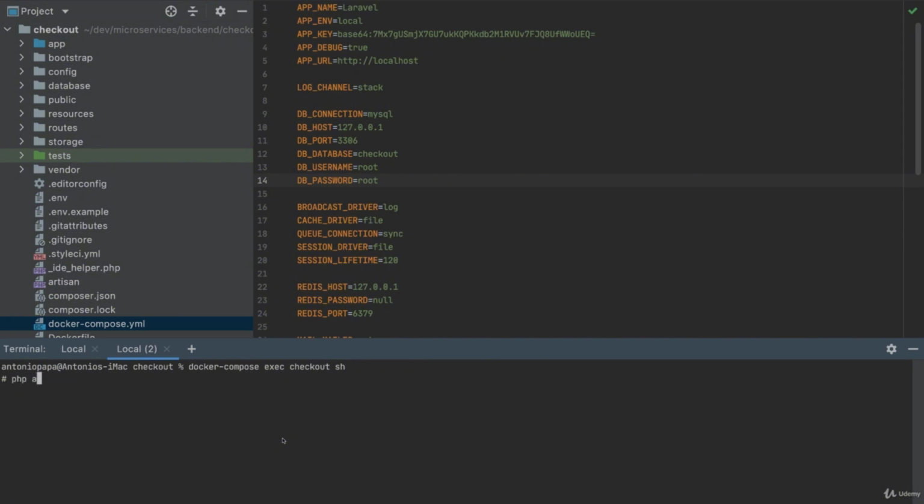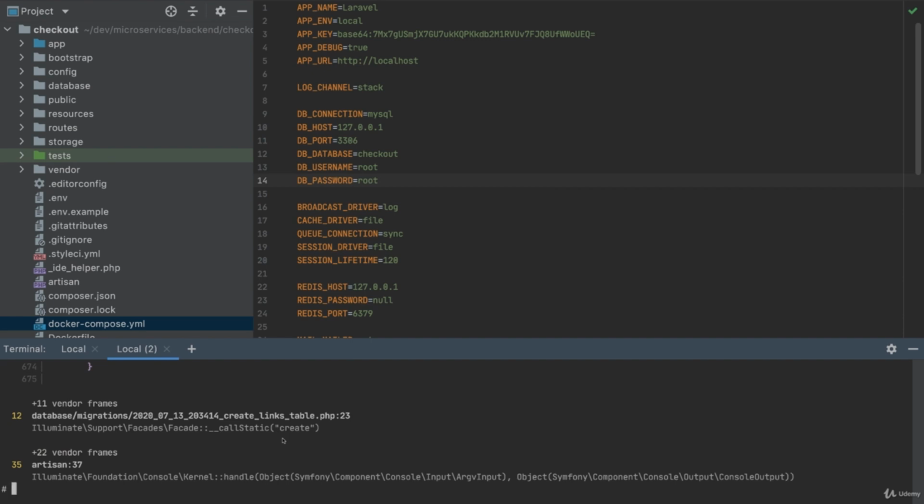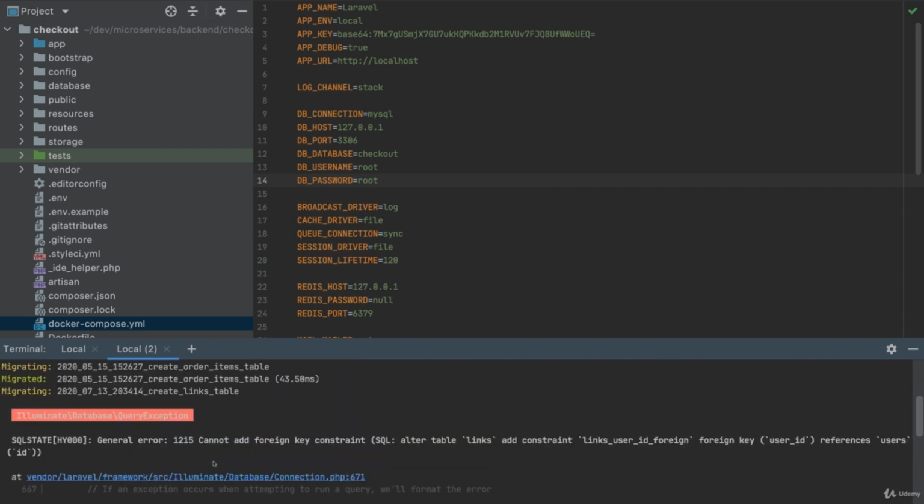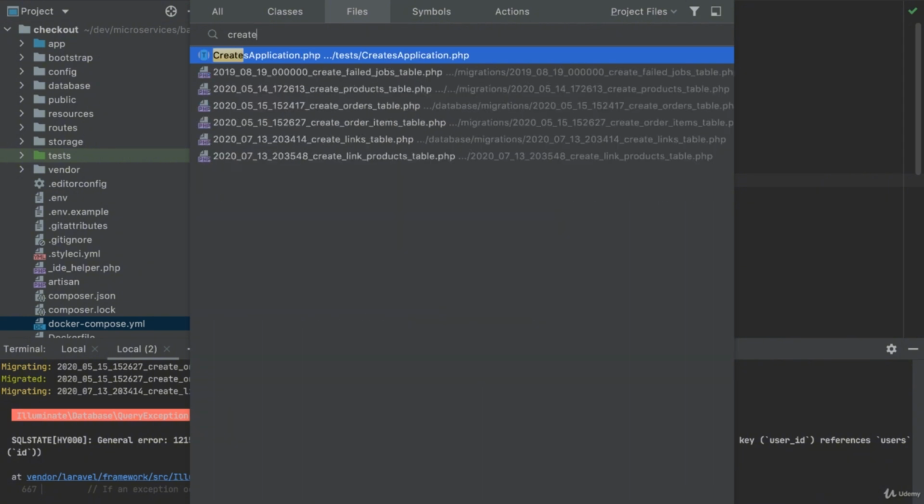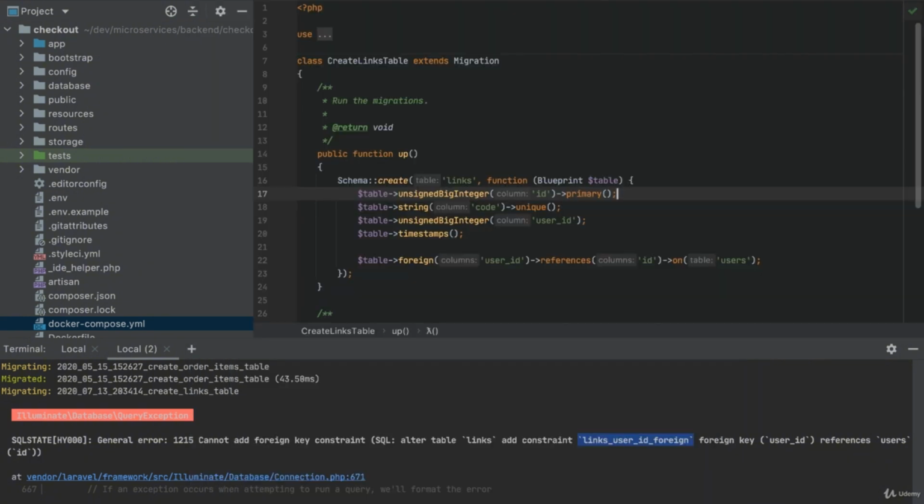Let's do php artisan migrate. So an error happened. Alter table links user ID foreign. So we have an error on the create links table. So we don't need this,